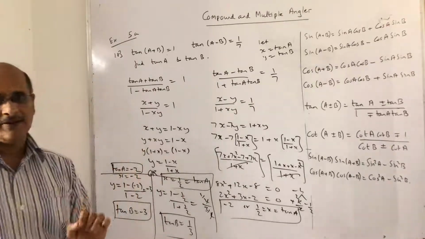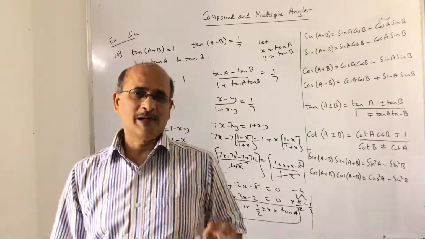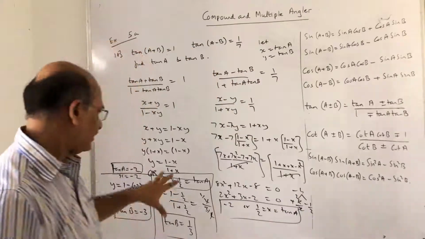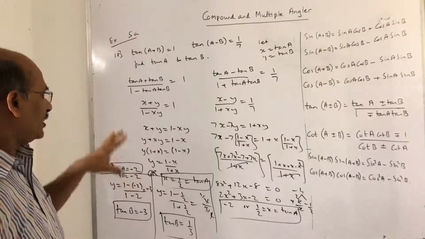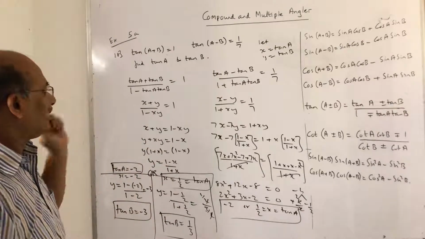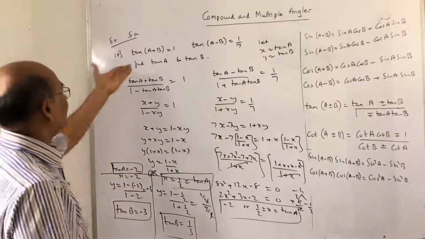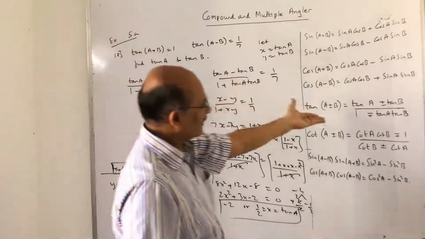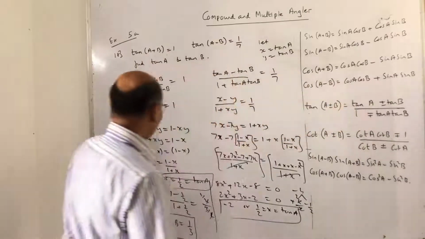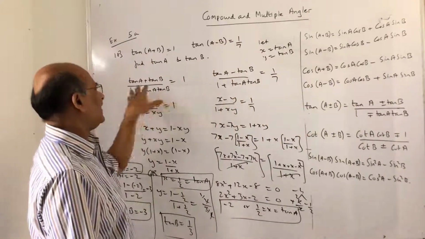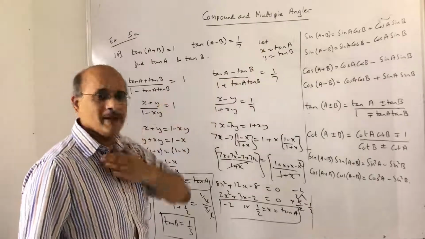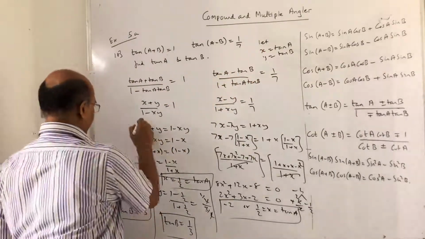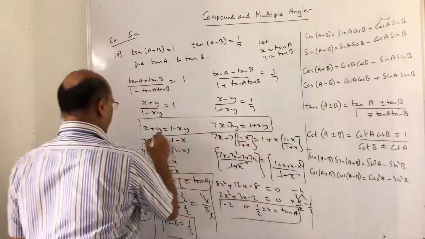It's a slightly bigger sum. So that's why I said in the beginning, compound multiple angles is not a small thing to deal with. You have to really work out on this sum, and there are pretty good sums which you can always try out, because every sum is unique. You have to think. Now in this case, they are given tan of A plus B, so I don't have any clue from this. So I just went ahead and using this formula, I derived some equation. But when I saw they asked me tan A, tan B, just to make my work easier, I did x and y.